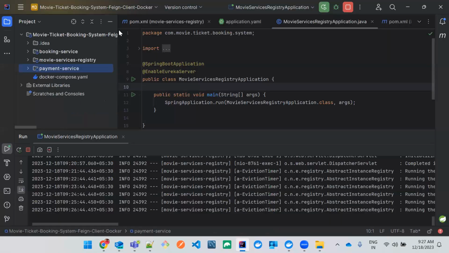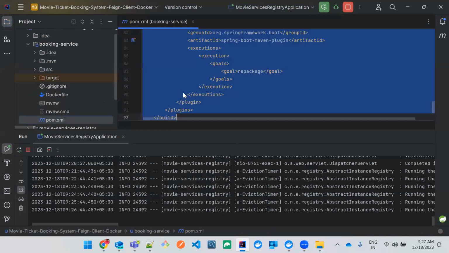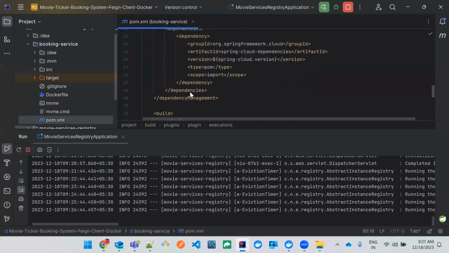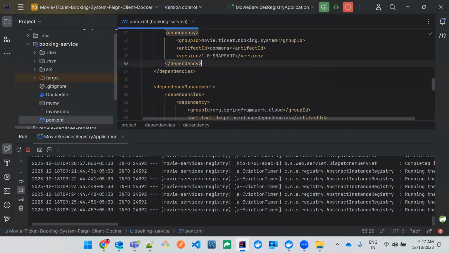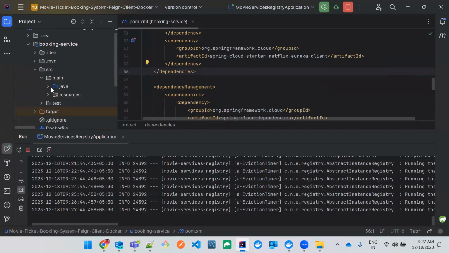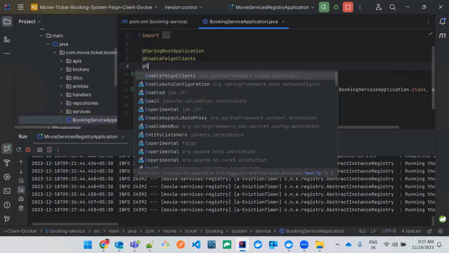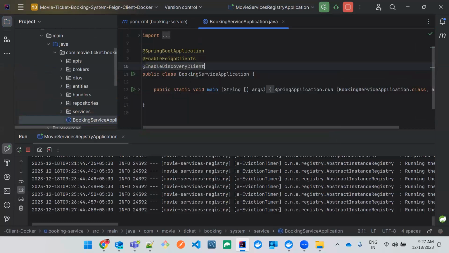Let me close all the applications and go to the booking service. Here I want to include the Netflix Eureka client, so I can just copy paste it over here. Then in the main Java application of this booking service application, I can simply use one annotation called @EnableDiscoveryClient. Now, once you do this, and once you run this application,